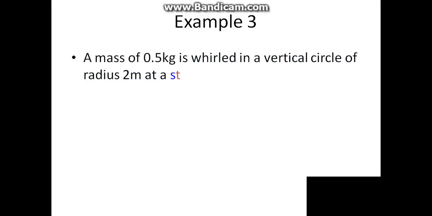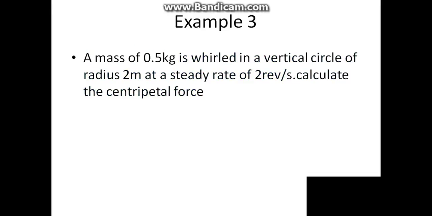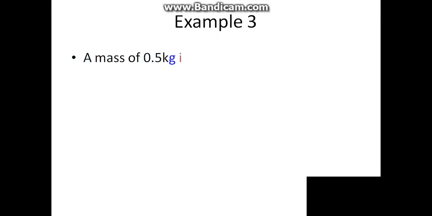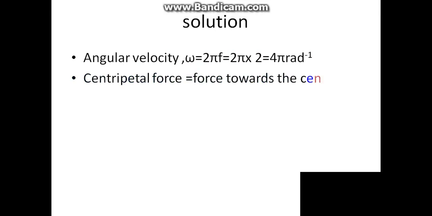Example 3. A mass of 0.5 kg is whirled in a vertical circle of radius 2 meters at a steady rate of 2 revolutions per second. Calculate the centripetal force. Solution. Angular velocity phi is equal to 2 pi f, with f representing the frequency. Then substituting the value of the frequency